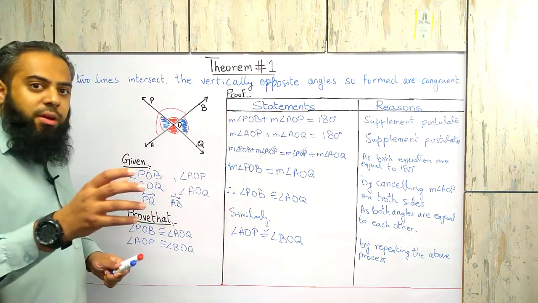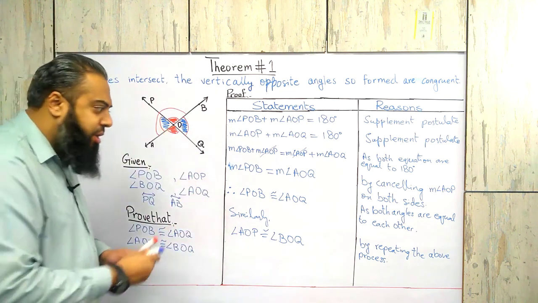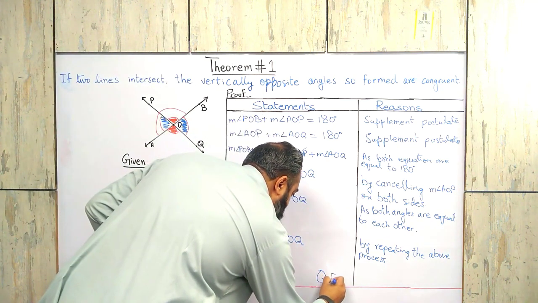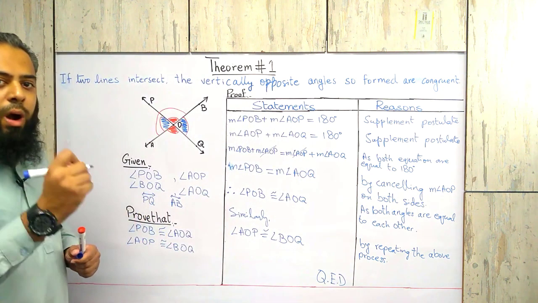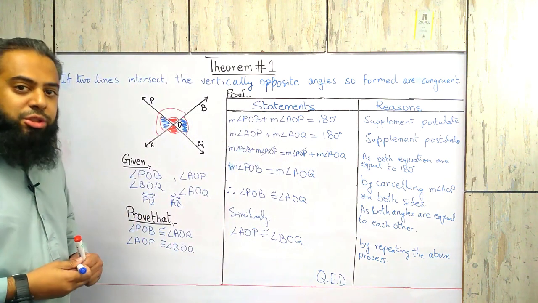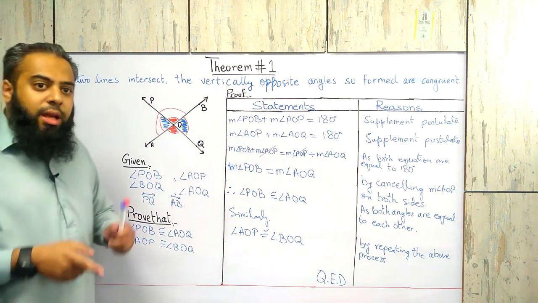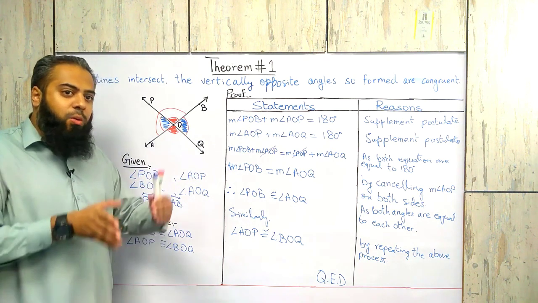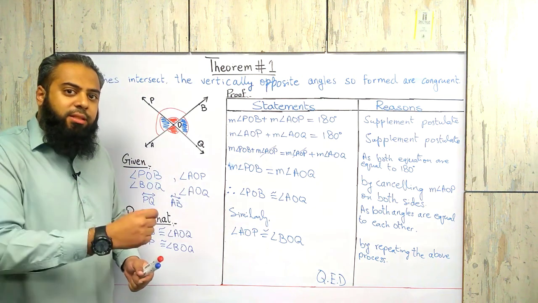Now students, whenever you get a theorem and you have to finish it, you will write QED. It means quod erat demonstrandum. It's Latin, which means it has to be proven. I repeat, quod erat demonstrandum. It has to be